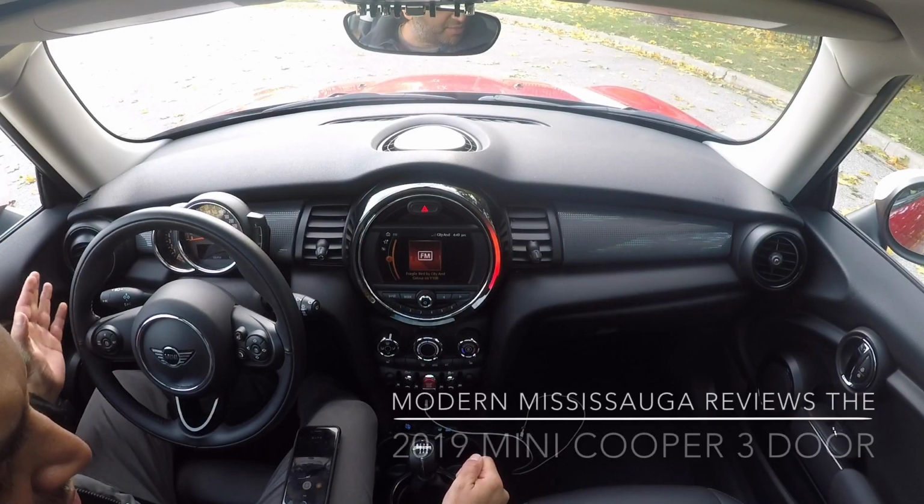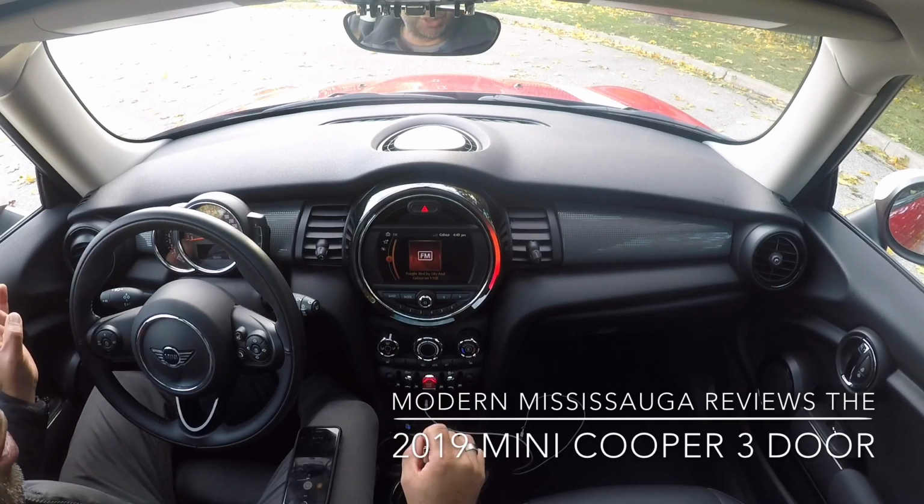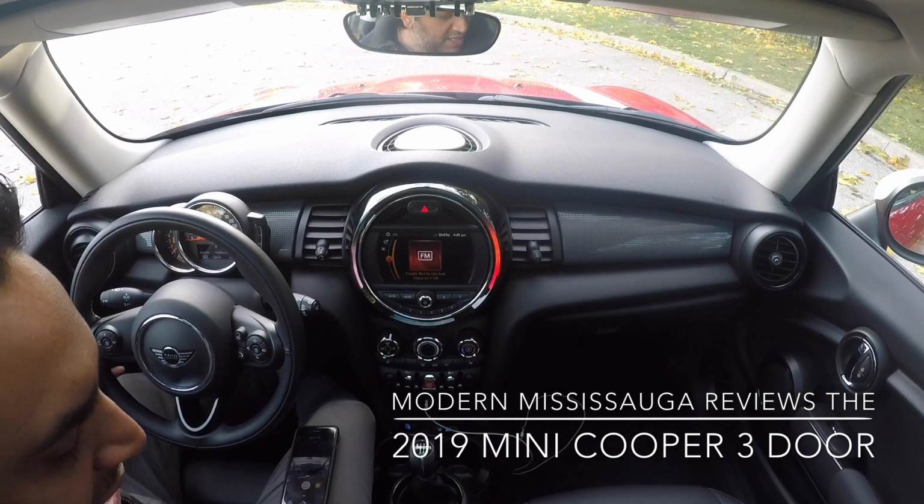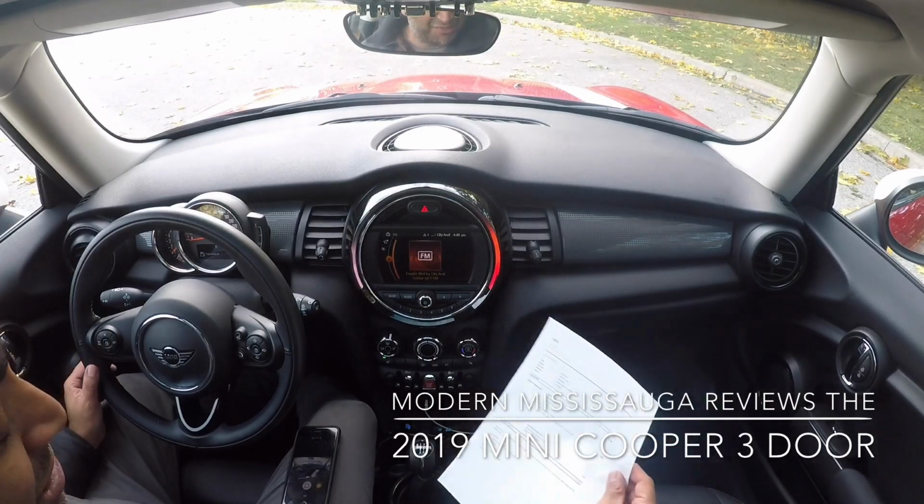Okay, we're back with the drive portion of the 2019 Mini Classic 3-door. So it's a manual, so let's start her up. A couple of things to note before we get going. The base price of the car is incredibly affordable,